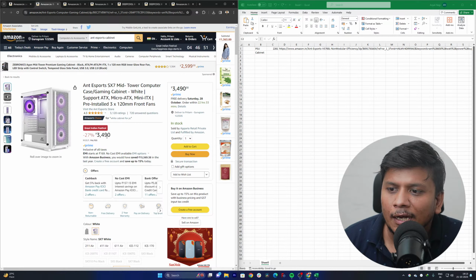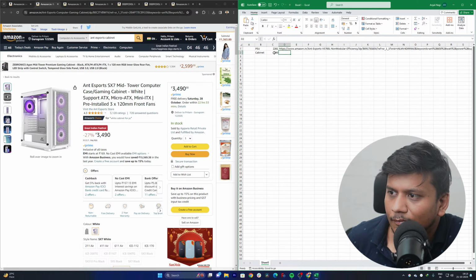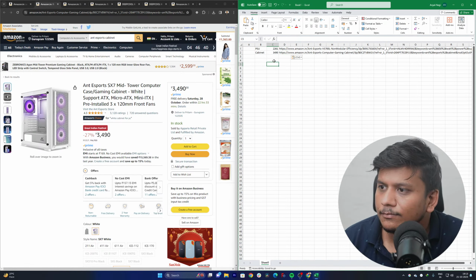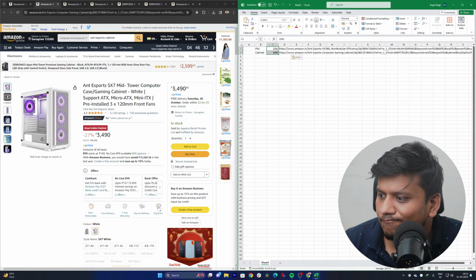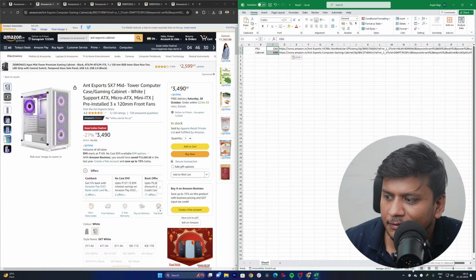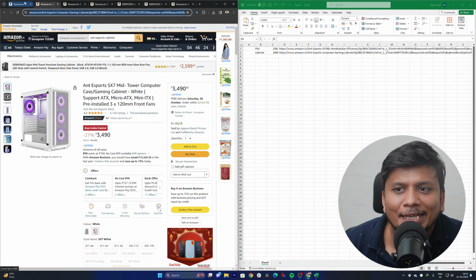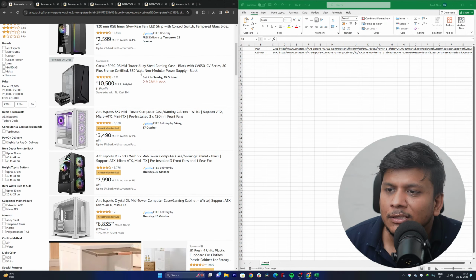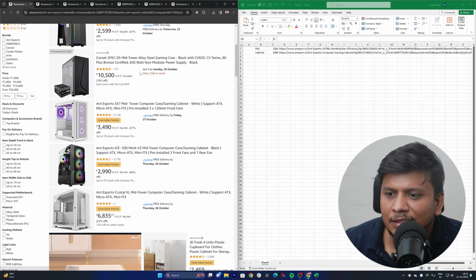And if we see here, let's say if we go with this particular one, 3490. Let me copy this and paste the link. If we go with this particular one, it is just costing us 5,751, which again is less than what I actually paid for this model. Let's say you do not like this color, then I would suggest you go with